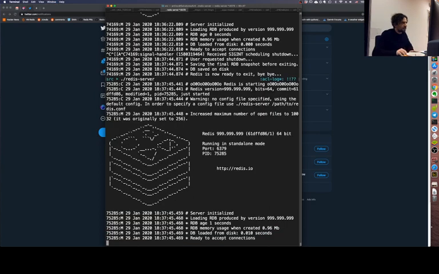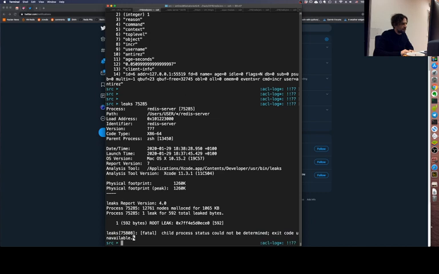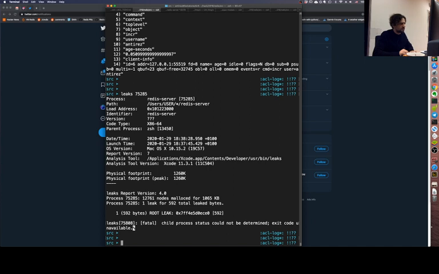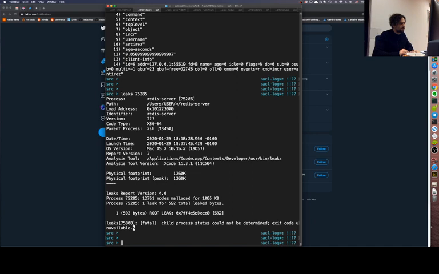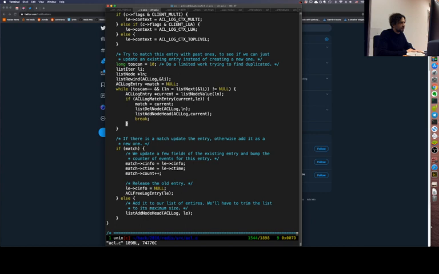Let's check if we introduced any memory leak so far. Yes, there is a memory leak. And let's see what's the problem here. Okay, first we try to understand where the memory leak is. Just checking for the most likely spot. So disable this feature,